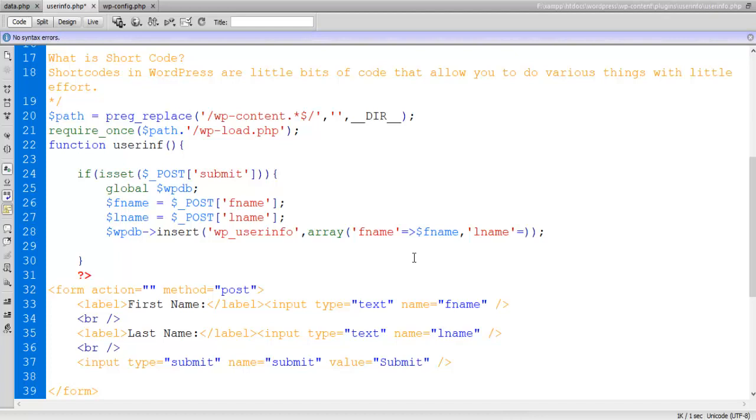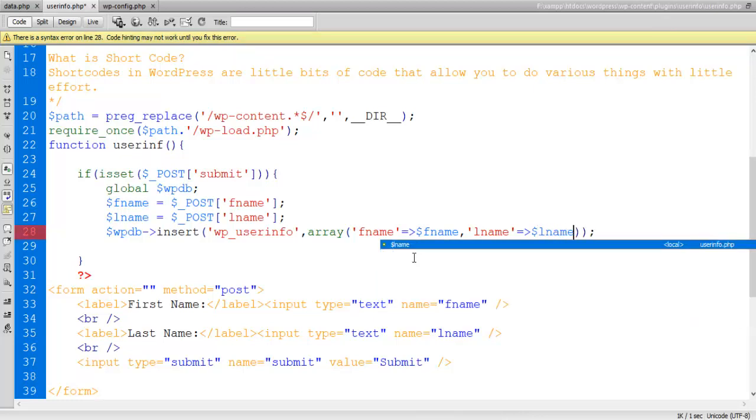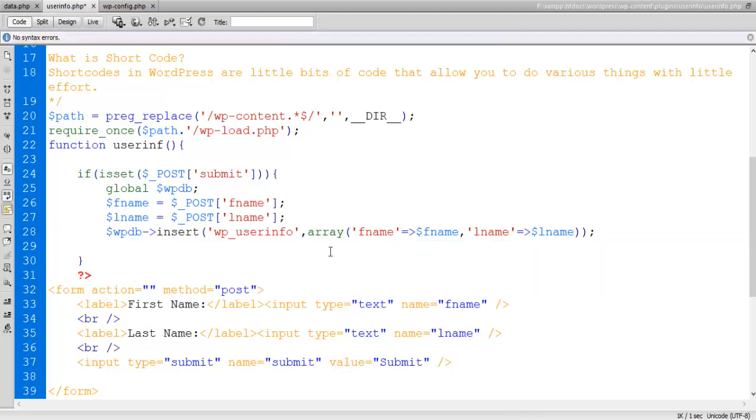And inside this column, which data will you insert? The data that is inside this variable, l name, right? So we have written the function. Now I would like to check what output we get from this code, right? So what I'll do now, oh no, there is no mistake, right? Now I will save it